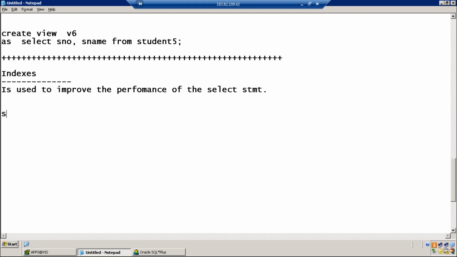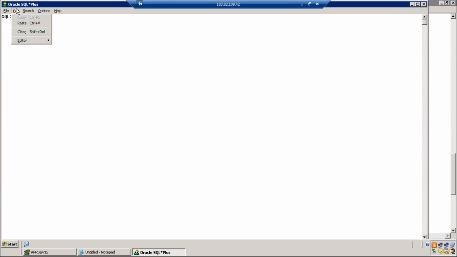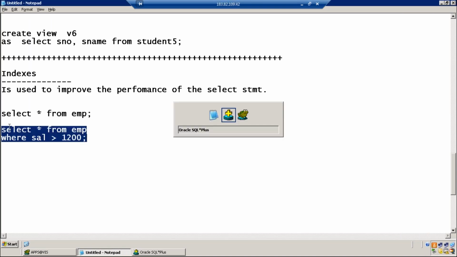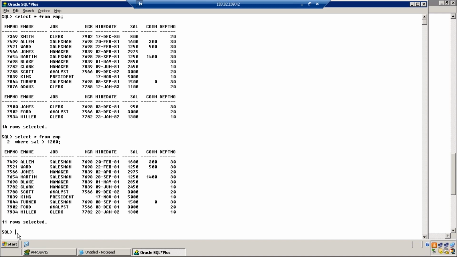Look at these 2 select statements. Compare these 2 select statements. The first select statement will give you all the rows, 14 rows. The second select statement will give you only 11 rows, those which satisfy the condition.